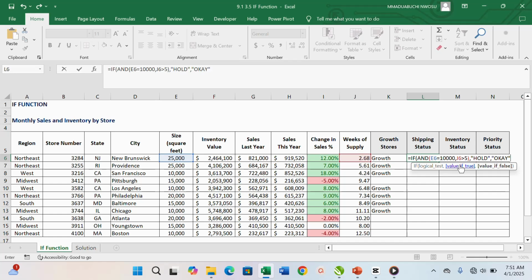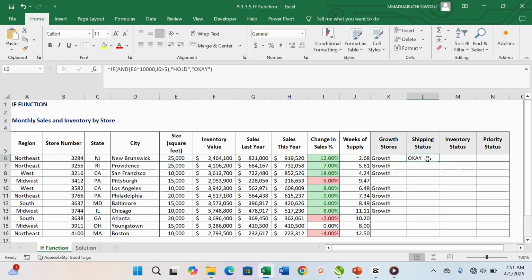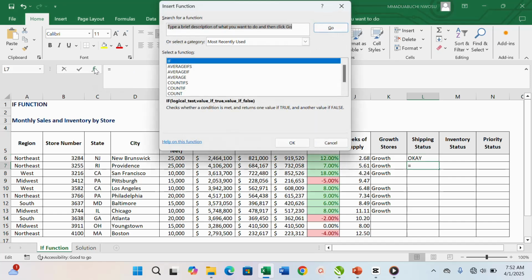You close your parenthesis, you press enter. For what we have now, it says okay. Now, the alternate way you can do this is by going to insert function. For the second line, using the insert function, if